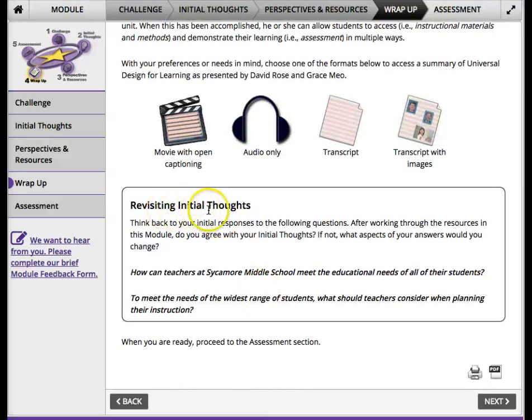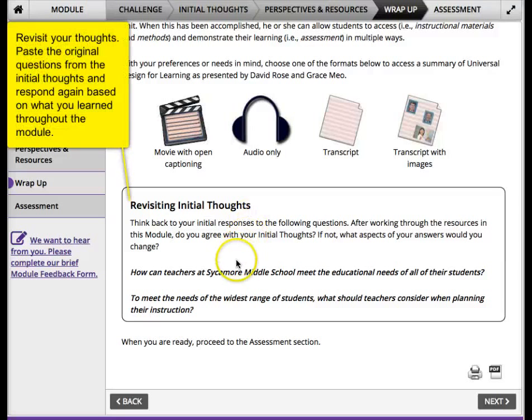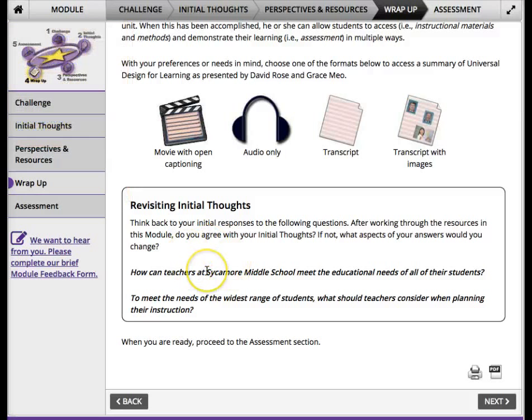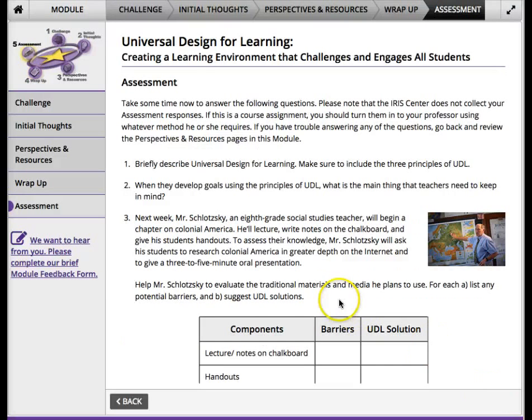And then it says revisiting initial thoughts. Now at this point you need to look at what you did on the initial thoughts, and then you need to write what has changed and what you've learned. So make sure you go back and look at what you wrote in the beginning, and then answer those questions again and see what has changed since you've been through this whole process. And finally you'll have your assessment,